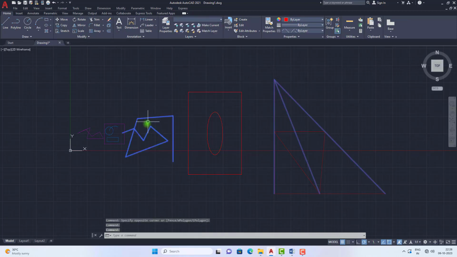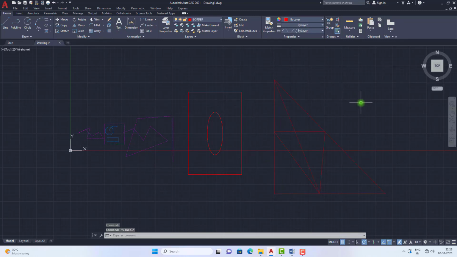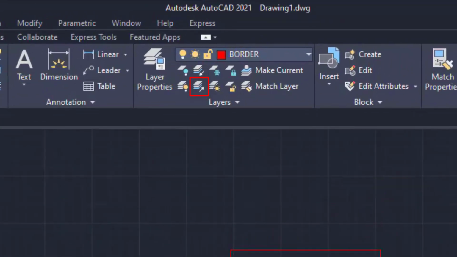Now what should I do? Now I need to unisolate this. Isolate means it has separated, so only this object is in highlighted mode and the remaining are in dehighlighted mode. Because of Isolate, all the remaining things will be locked and only this will be active, and you can move this object elsewhere or make any modifications on it, but you cannot do that on these objects because those are locked. So we have applied Isolate, and those objects are in that locked position. I am pressing Ctrl Z.